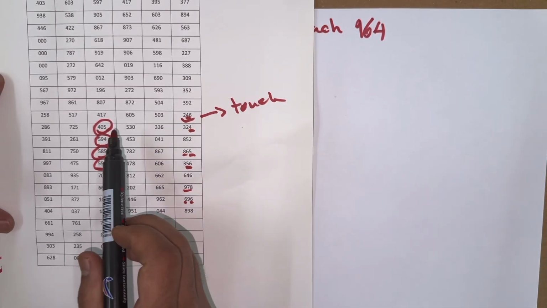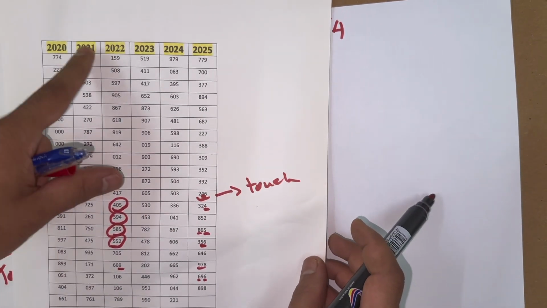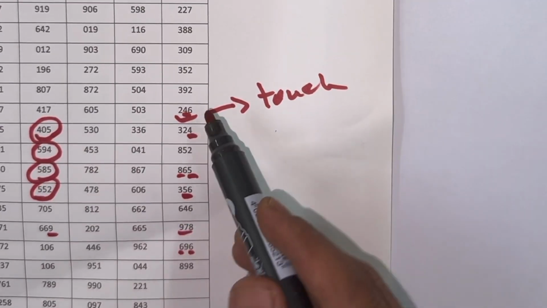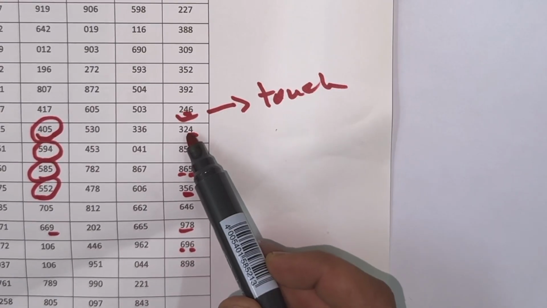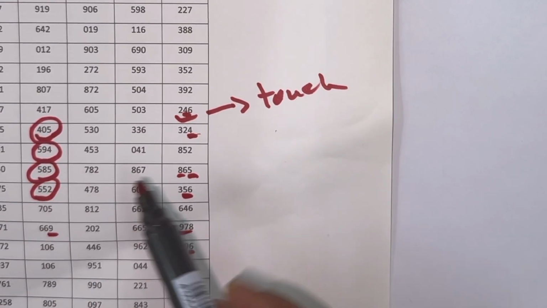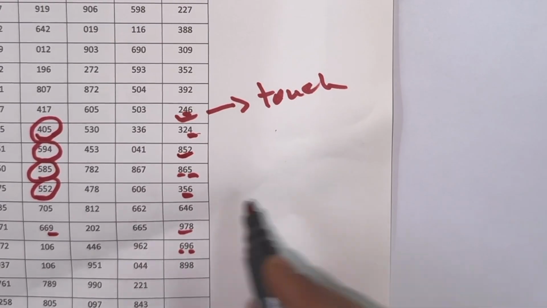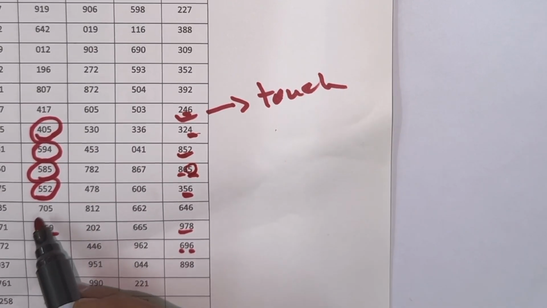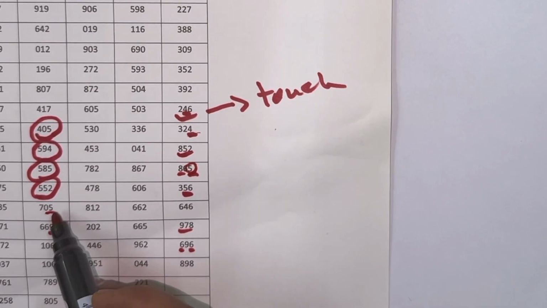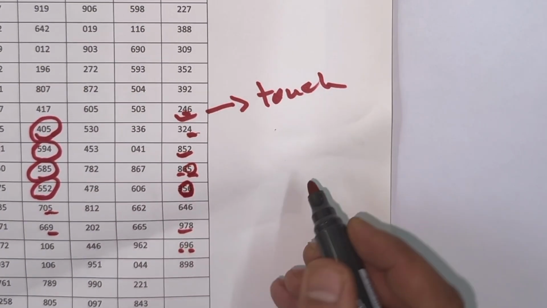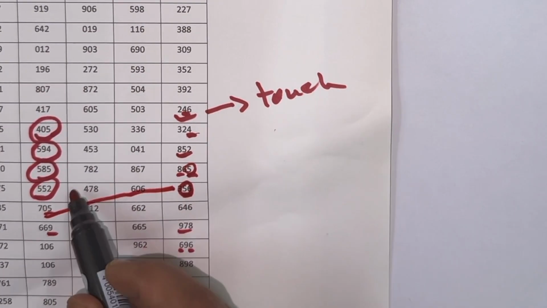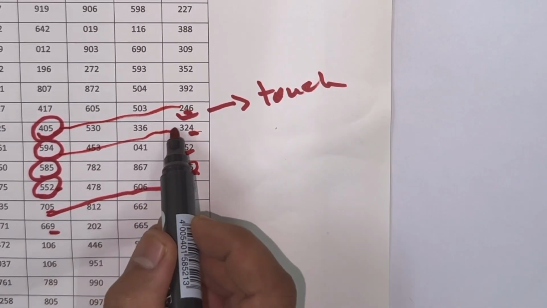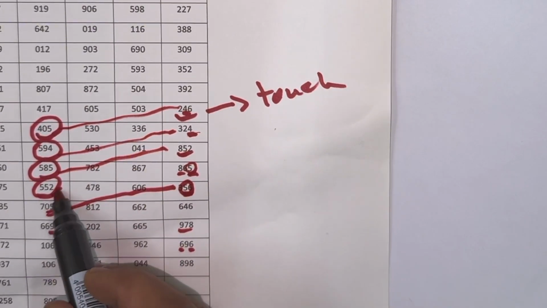Let's check here in 2002 and 2025. Here we have 405, 4 touch, 594, 4 touch, 585, 8 and 5 touch, 552, here 5 is touch. 705, here 5, and here 5 we have touch. So we check basically one number upper, right? So like this, like this, like this, and